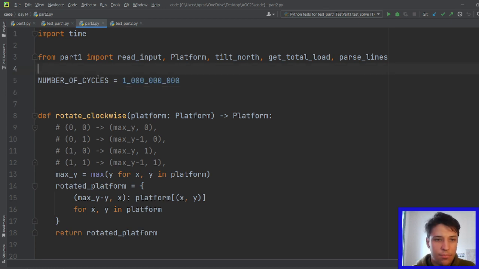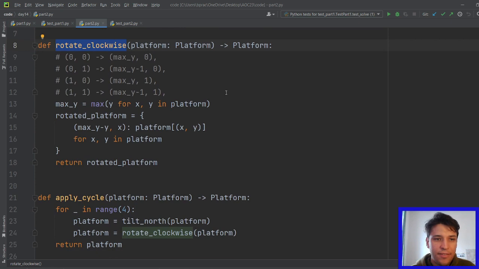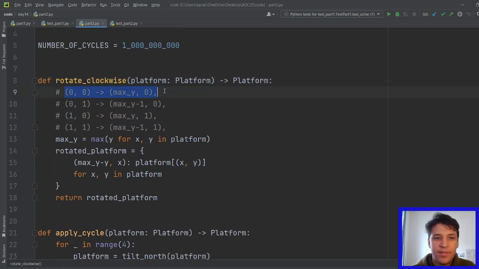So yes, and we are supposed to be calculating the total load at the end of this whole process. For that, we could implement all the tilt north, tilt south, tilt west functions, but to make life a bit easier, we instead consider rotating the platform and always tilting north. So in order to rotate the platform, we have a function that maps, for example,